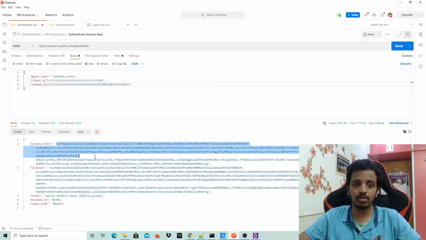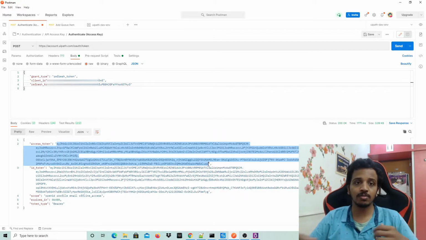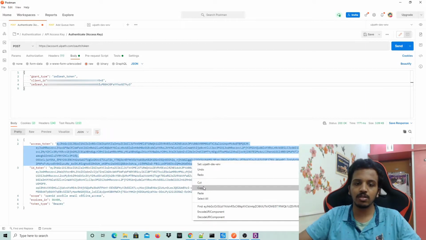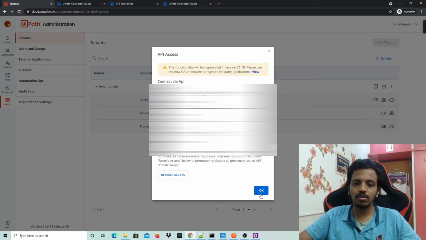So this is the access token that I need to use everywhere. In general, many of you are familiar with Postman, so we can say okay, put it in the environment variables and use it for all the other APIs. Yes, we can do it in that manner, but because many people are not familiar with Postman and they might be using this API at different places, I'm not using very many Postman-specific features. So I'm going to copy this.